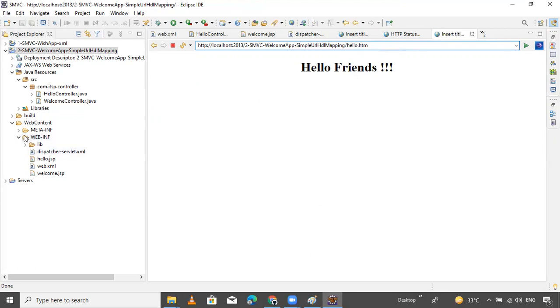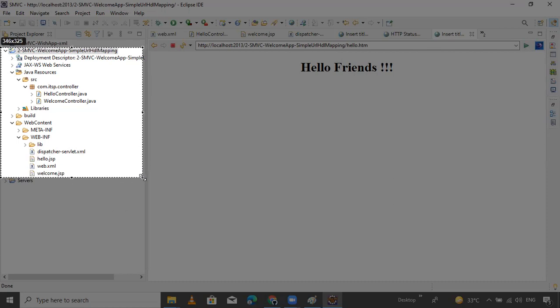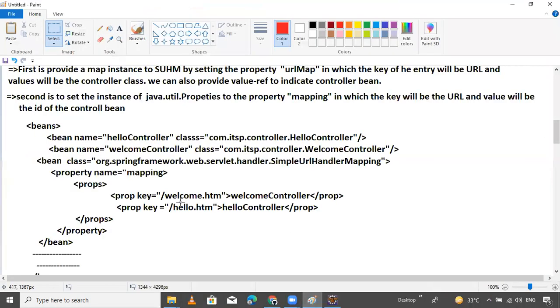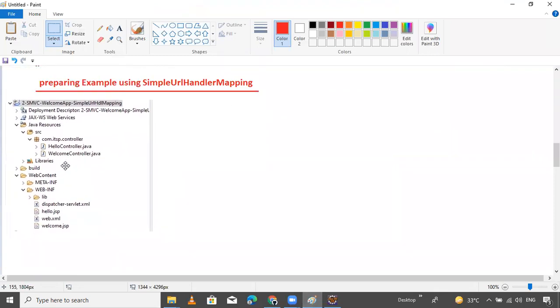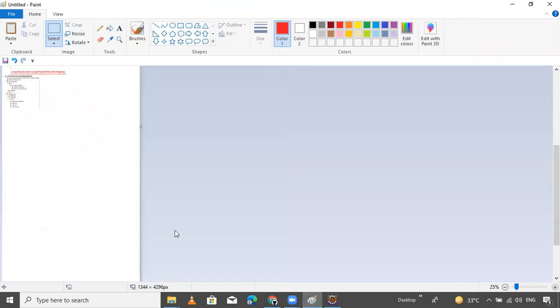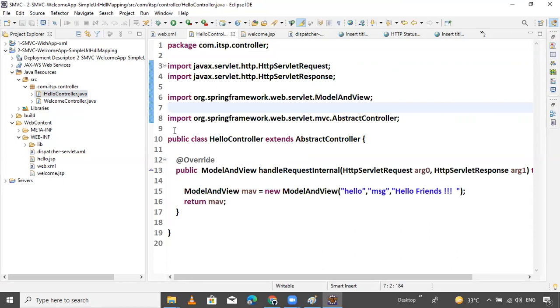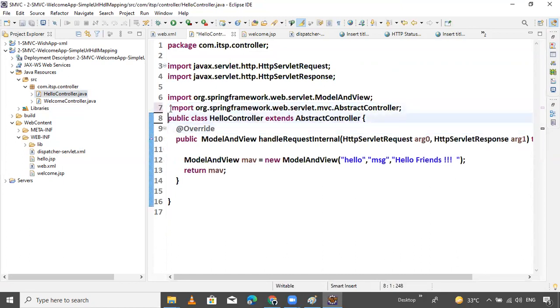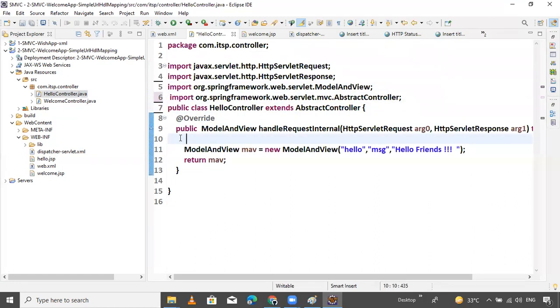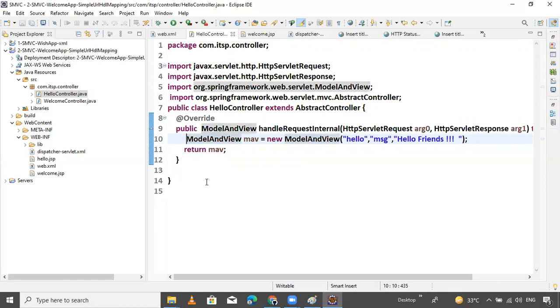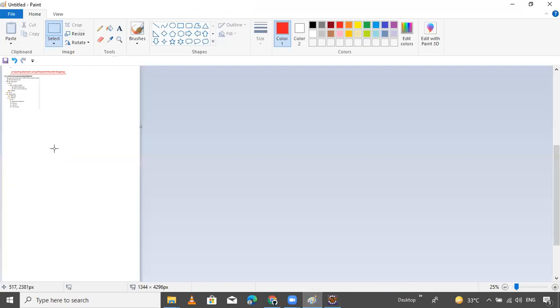So I want to share this program with you in a notepad. First of all, I'm sharing with you the directory structure of the program.